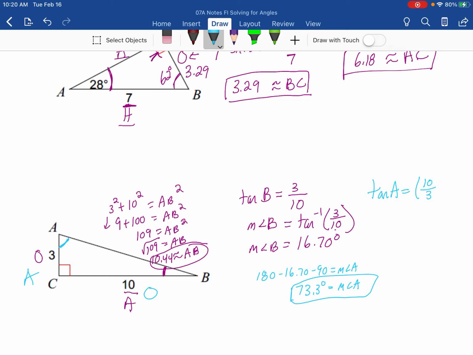Okay, but you can also use the tangent of A. So the tangent of A, in this case, if we're talking about A, this side would be the opposite, this side would be the adjacent. So this would be 10 over 3. So the measure of angle A would be the inverse tangent of 10 over 3. And when you put that in your calculator, and actually it should be the nearest hundredth, so the measure of angle A is still going to be, when you round to the nearest hundredth,